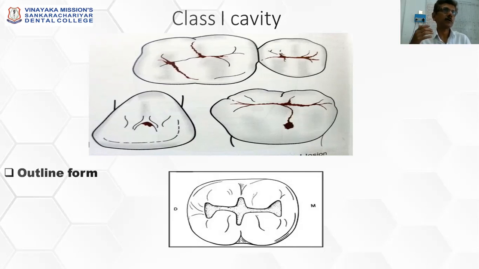You don't want to give the outline form in such a way that you bring in weak tooth structure at a later date. This particular tooth itself will fracture, or the restoration will fracture on masticatory loading. Then the type of restorative material definitely influences the outline form. Obviously, you don't want a large perimeter cavity design for an amalgam, which is not the case for aesthetic materials like composites. Extension for retention, and also age of the patient and aesthetics, are other factors that influence the peripheral preparation.